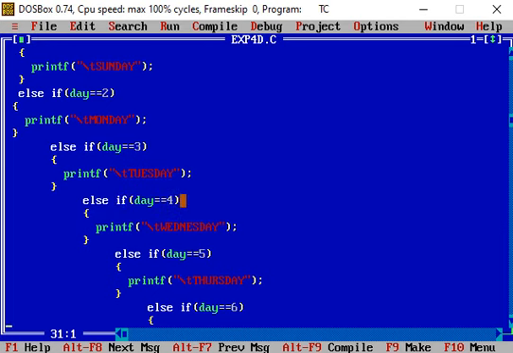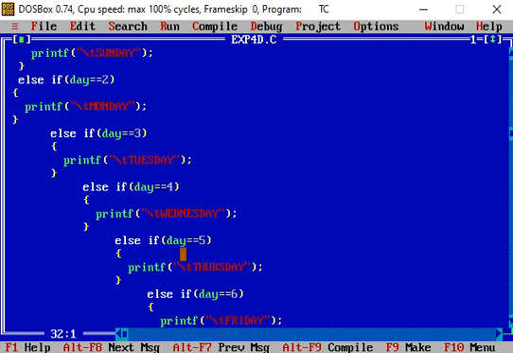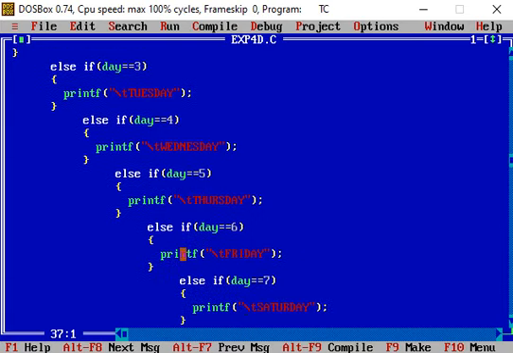Day equal to 4, if condition is true, printf Wednesday. If condition is false, it goes to the else if part, and day equal to 5, test another condition, day equal to 5. If condition is true, printf Thursday.